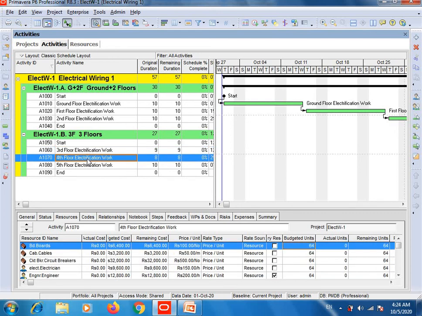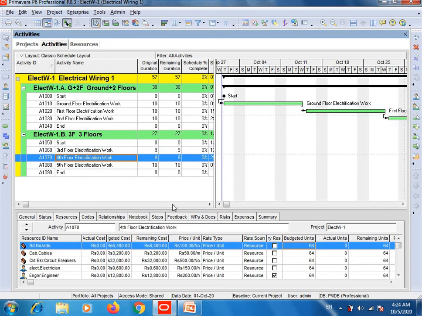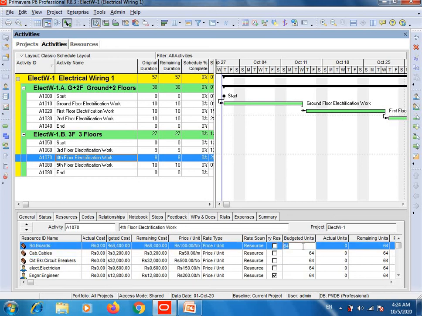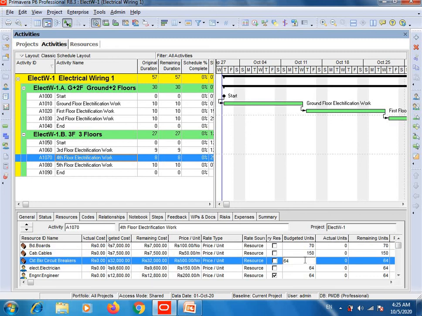Then select fourth floor electrification work, and this activity will take 8 days to complete. So boards, for example 70 boards will be used. Oh sorry, fourth floor, select this. For example 70 boards will be used. Cables, for example 150 meters of cable will be required. Circuit breakers, for example 8 circuit breakers will be used.